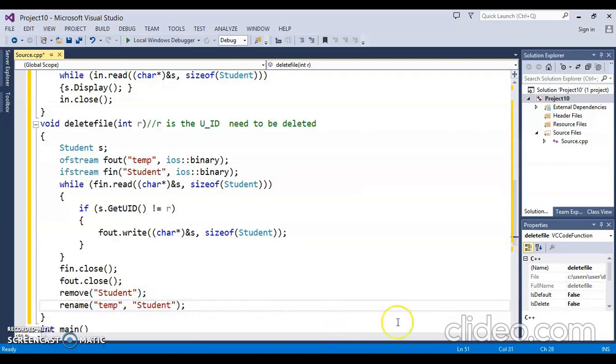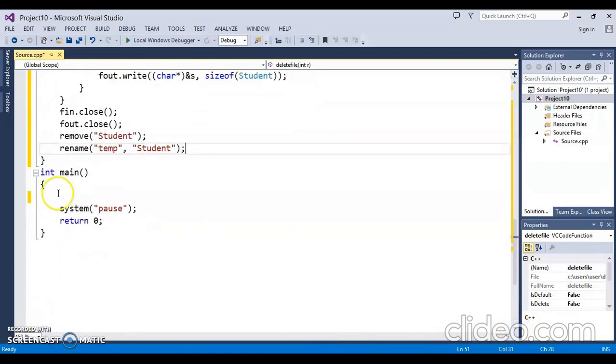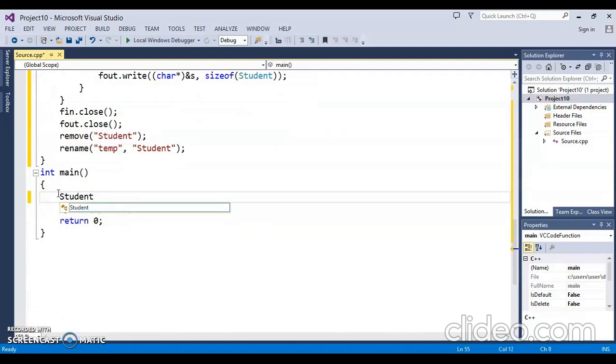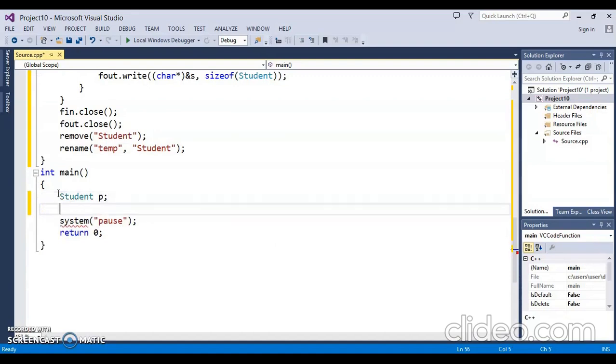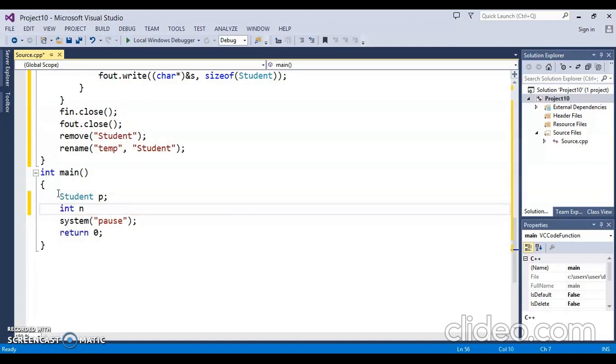And then inside main, what will we do? We will write an object of class student, a student P, and then we will pass this N. N is the UID.